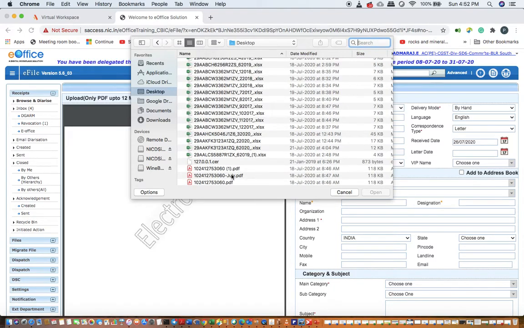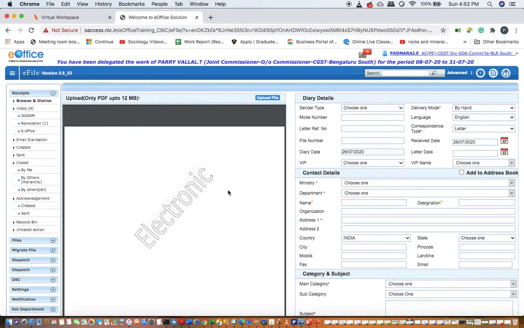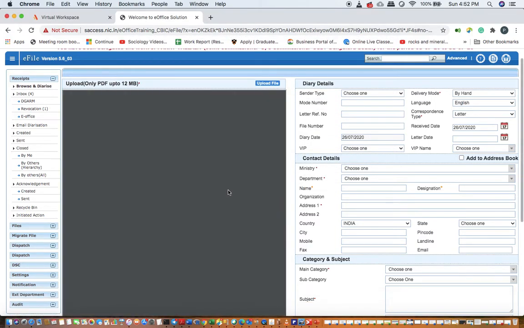I am basically trying to select two documents. Okay, assume it to be two letters.